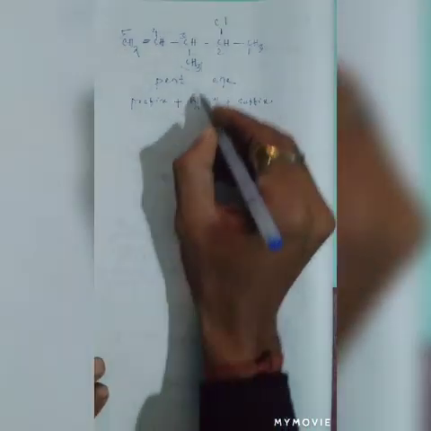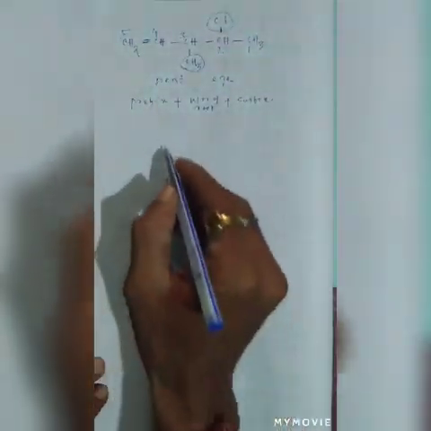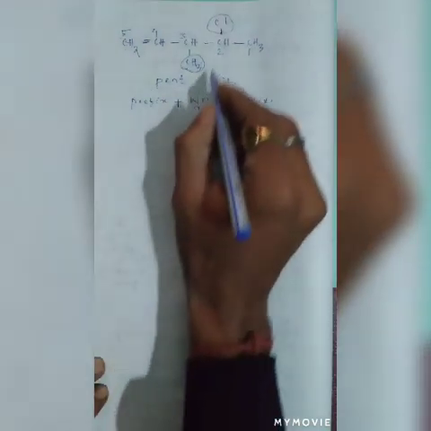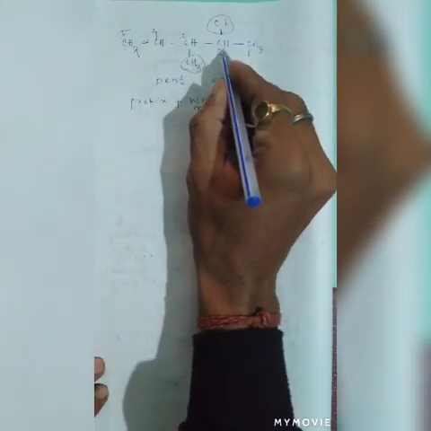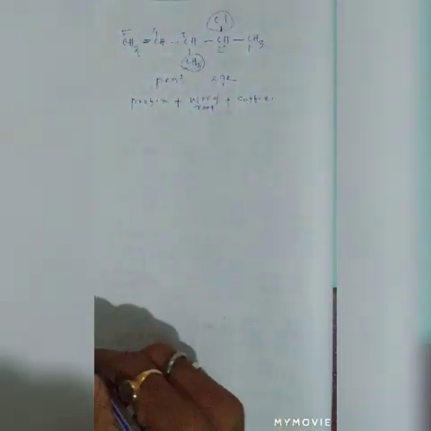If we take this group and this group as a prefix, then the word root will be named. Here there is 2 carbon atom attached to a chlorine and 3 carbon atom attached to a methyl